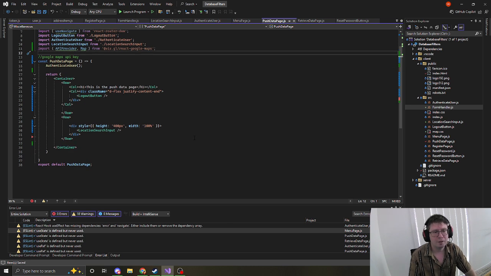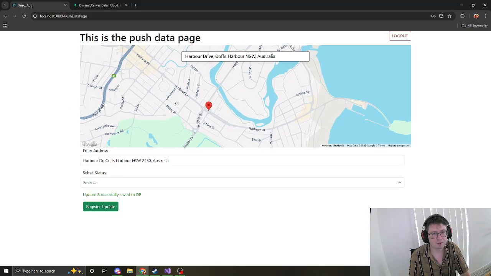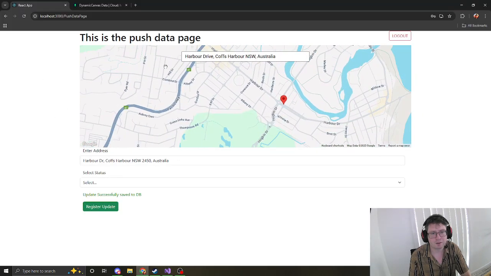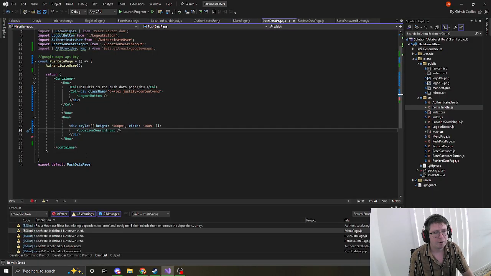So basically we've got our logout button that we're putting around basically every single page. And then we've chucked in our location search inbox, which is our other component that contains all of our Google Maps APIs. We had to set a height for that div, otherwise Google Maps doesn't load in. See how it's got the map, that requires a set style of height and width for this to work. So if we go check our location search inbox,